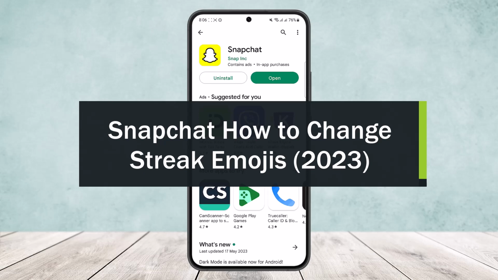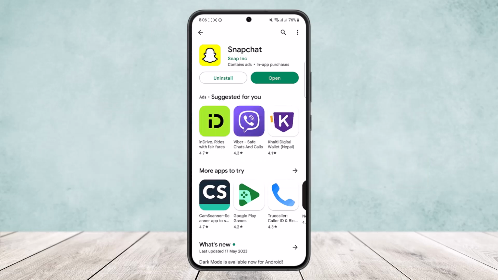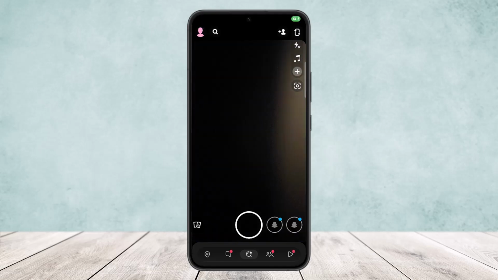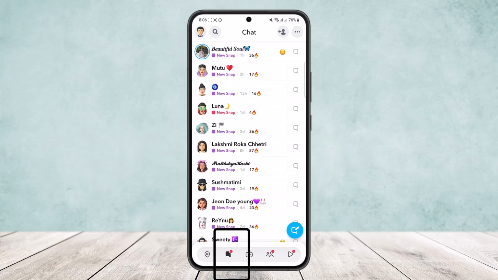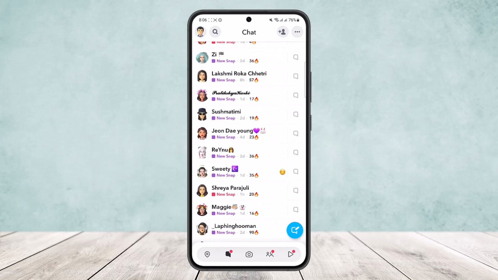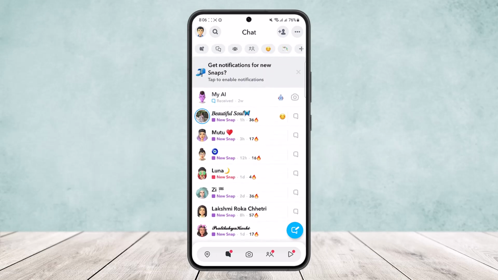Today I'll guide you on how you can change your Snapchat streak emojis. Now to do so, first open up the Snapchat app. You'll get an interface like this. Now first what you want to do is, if you head into chats here, you'll see all the streaks here right beside the username. Now you can see my streak emoji here, a little fire icon. That's the streak emoji or the default streak emoji